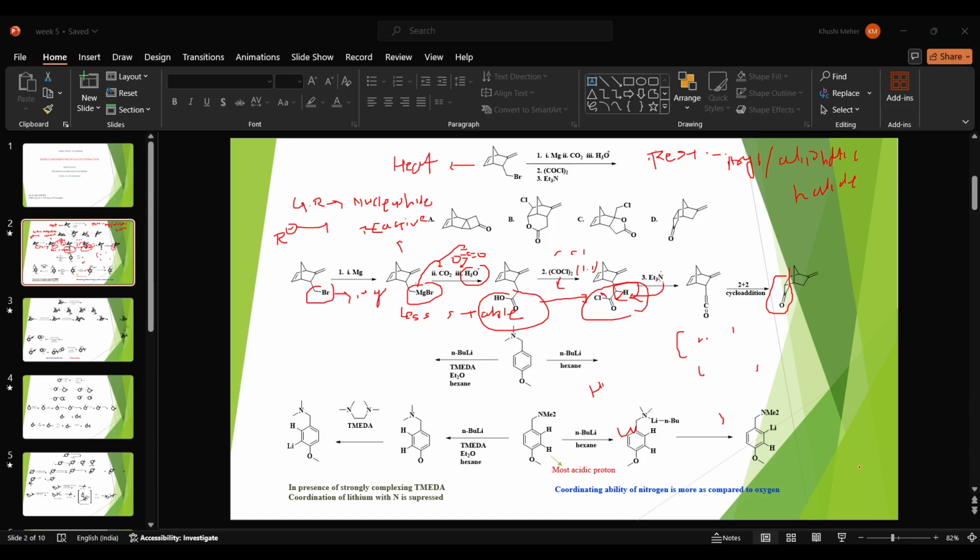The metachloroperbenzoic acid that we are using, and you know about the famous reaction. What is the reaction where you have a keto group? You know about the Baeyer-Villiger oxidation reaction, by using this kind of oxidizing reagent, metachloroperbenzoic acid. In this particular case, we get from keto to the corresponding ester,